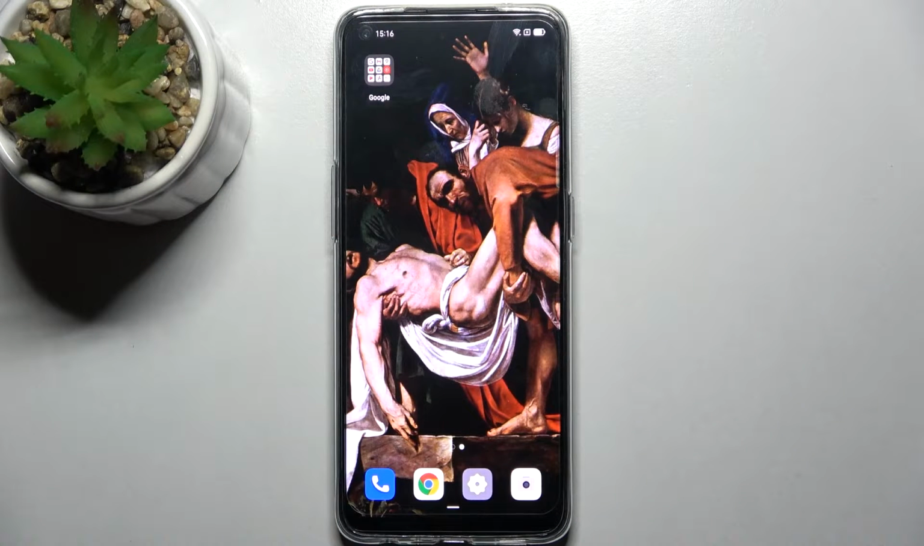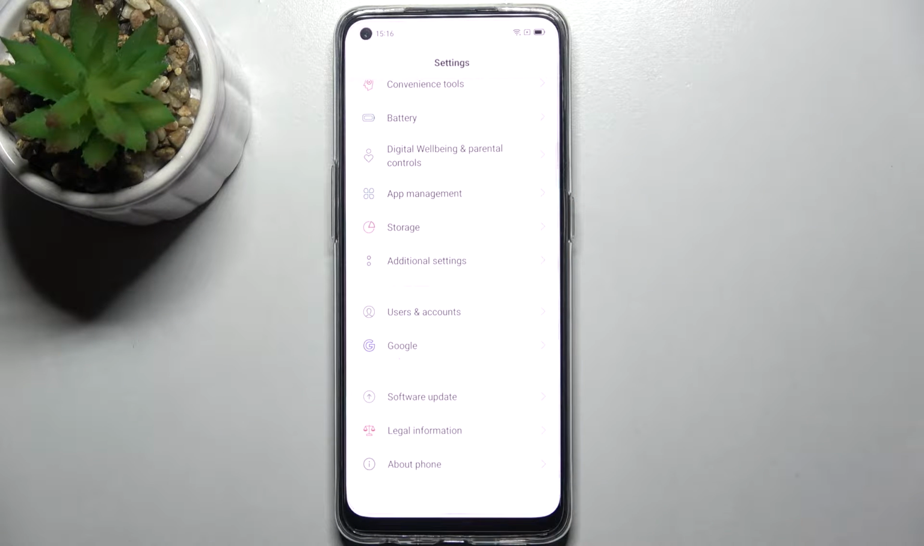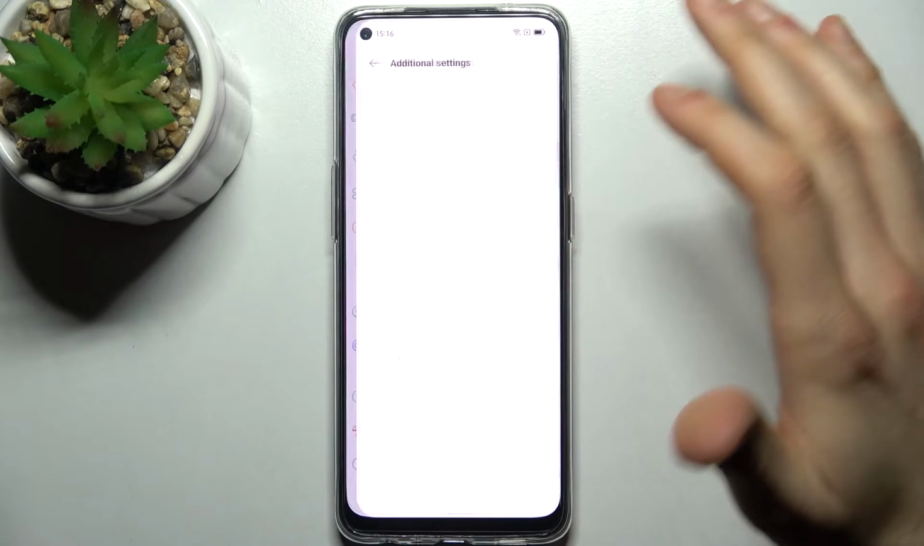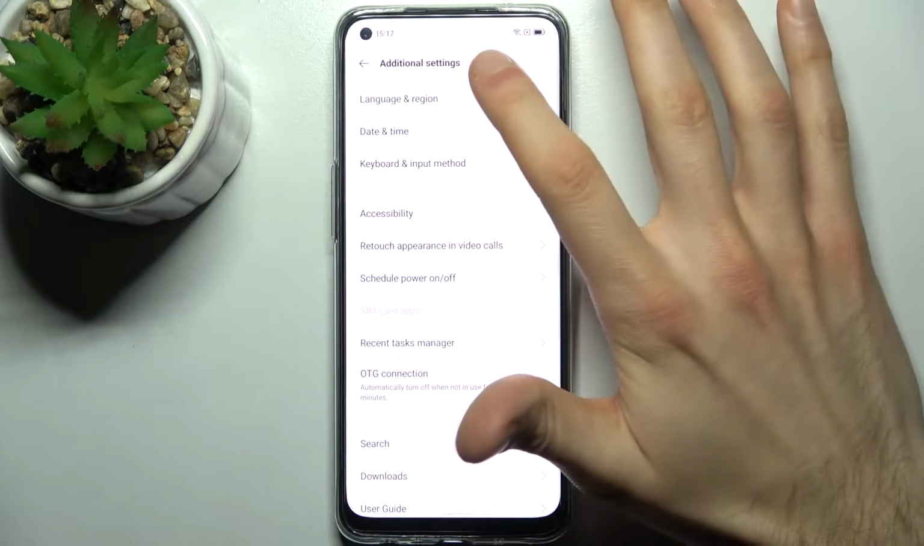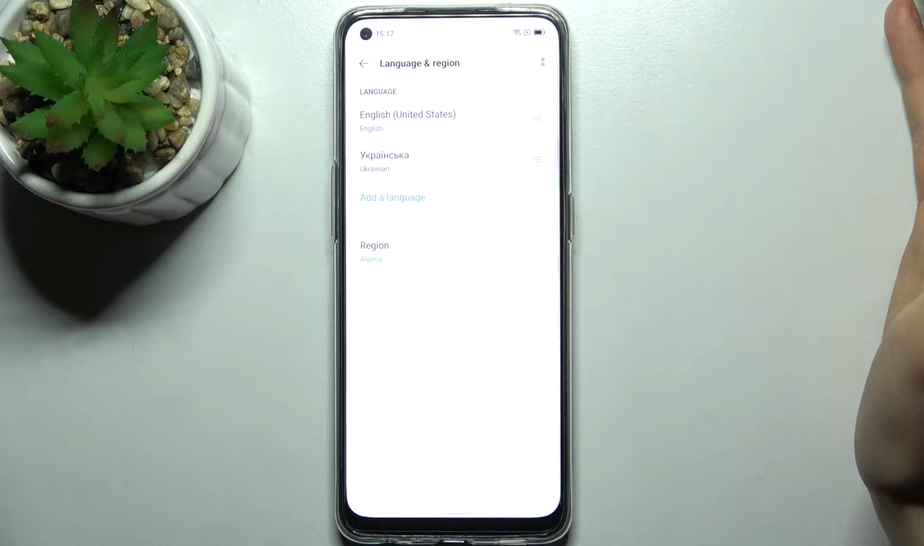Here I have OPPO Reno5 Lite, and today I'm going to show you how to change keyboard language on this device. So firstly open settings, then go to the additional settings, then go to the language and region,